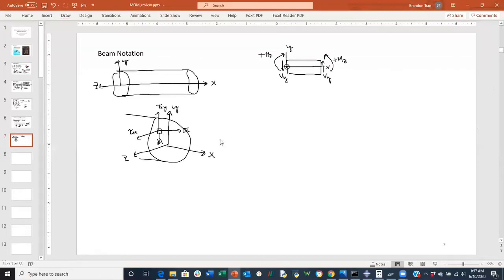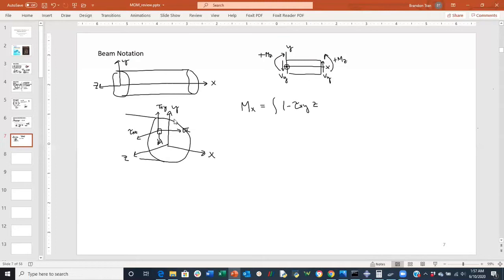So if we establish a coordinate system like this, and we assume that a singular point here undergoes the following stress state, we can assume the following for the moments and normal loads applied to a beam. So the moment of a beam would be negative tau xy times z. So z being the moment arm here, tau xy, it's going about the